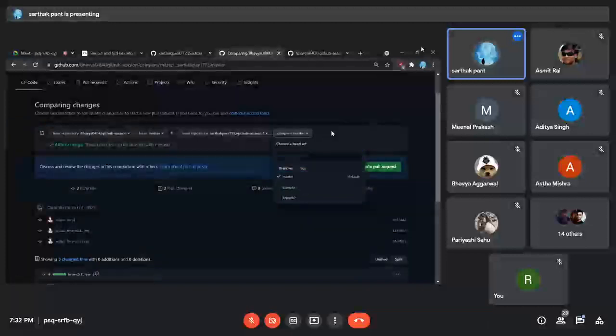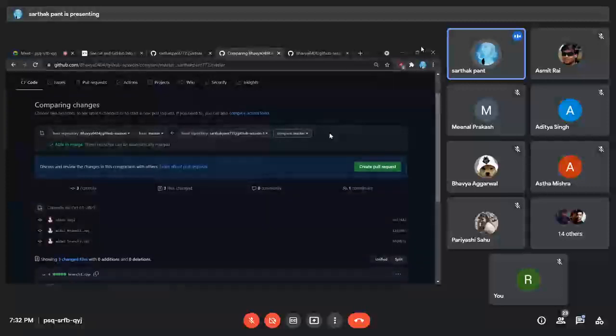It plays a very significant role if you are working on 2 or 3 issues of the same project. I will come to that afterwards. Right now I want to create a pull request, and I want to merge everything that I have in master to the Bhavya master.